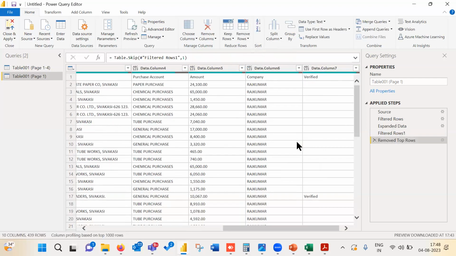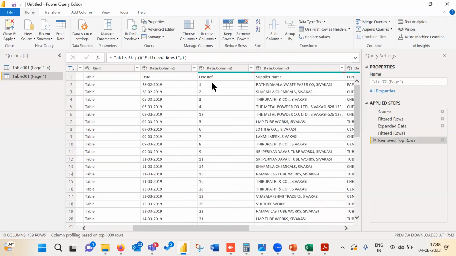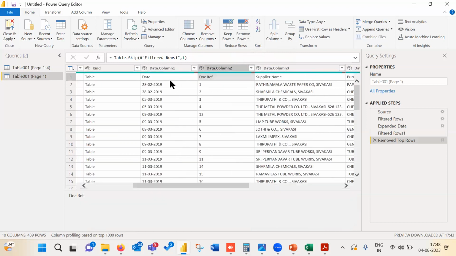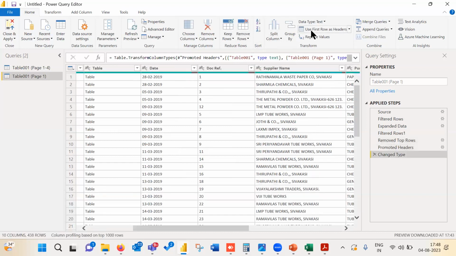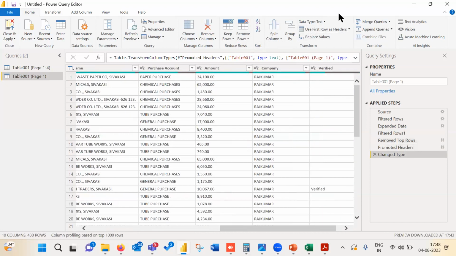When you have some complex data, you have to do multiple steps to arrive at a table format of data. First I removed the unwanted row. Now I have to promote headers. The previous data set was already in table format, so as soon as I loaded it, it showed headers. This is not showing headers, so I just gave Home, use first row as headers.